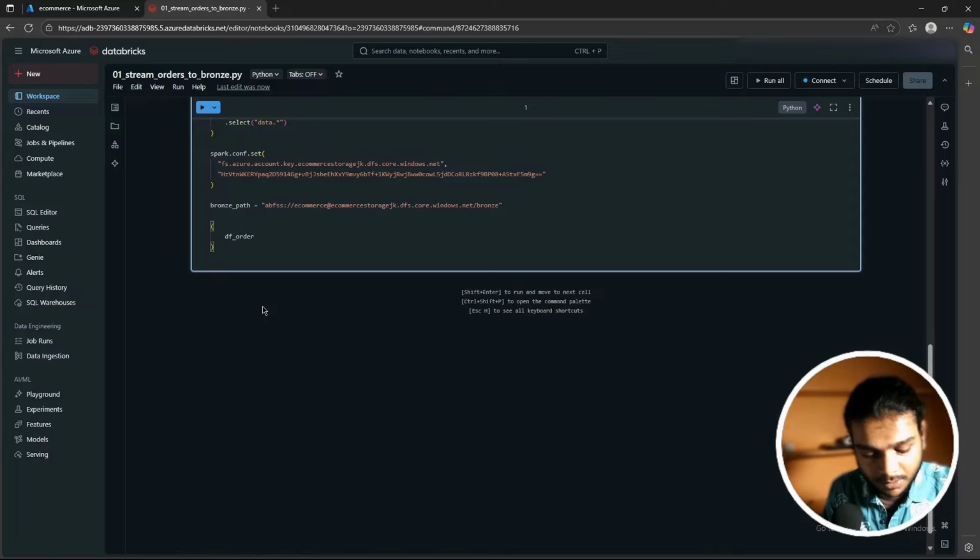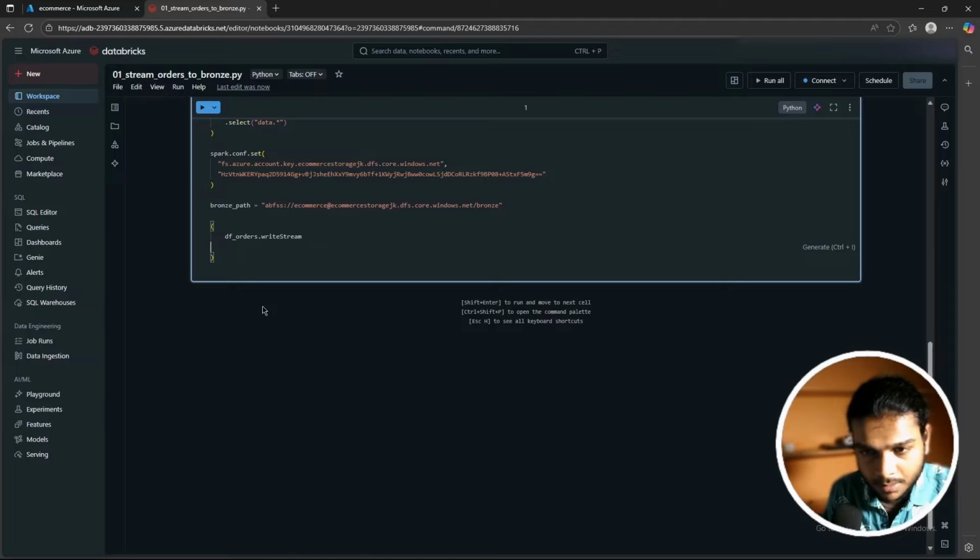So we say df underscore orders dot writeStream, with capital S, and dot format of delta, and dot option of checkpointLocation, with the code saying bronze underscore path